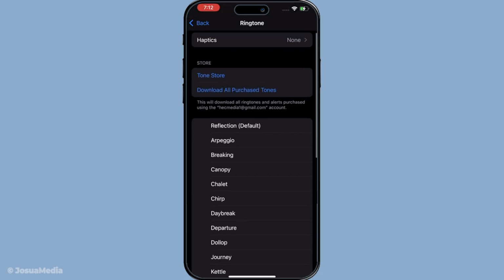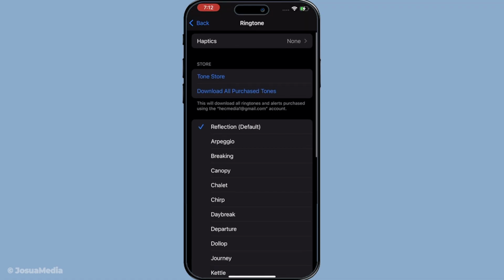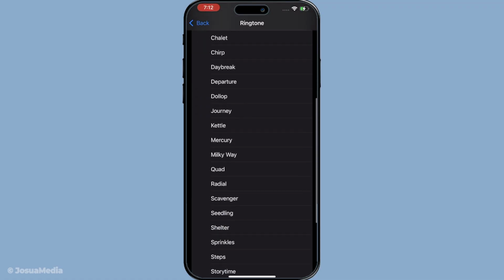Once you tap the ringtone you want, it's automatically set as your default ringtone. There's no extra save button or confirmation needed. The change happens immediately. You can also explore the classic section at the bottom if you want older tones, or